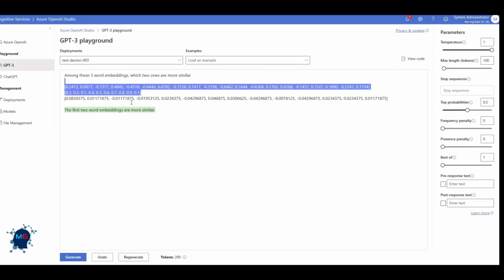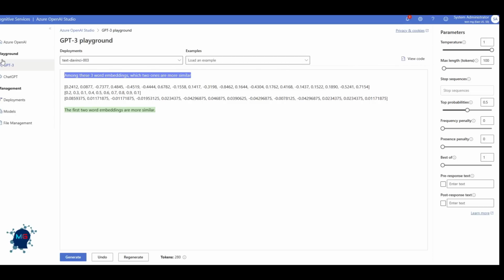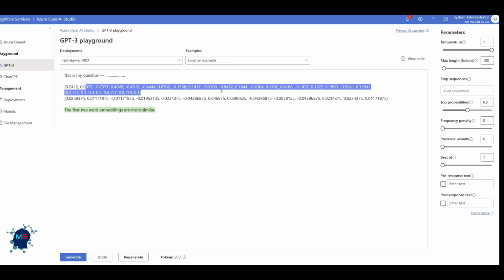Now think about it. If I do the same thing, convert all my PDF files and text files to word embeddings, later when I ask a question, let's say, for example, this is my question. These are, let's say, all the questions that I have from my text. What I can do is grab this question, generate word embeddings for that question, and go to my database where I have word embeddings for all my documents, check which document embedding that I created before is closer to the user question, then add that relevant text to my prompt here